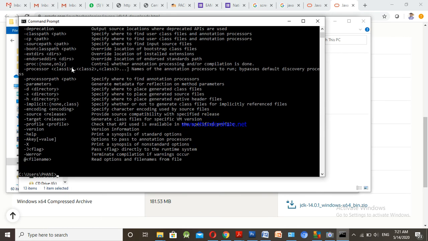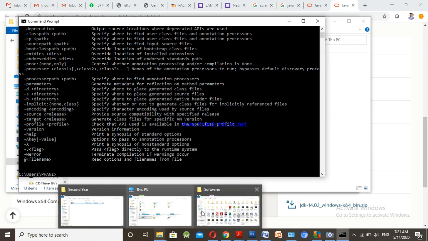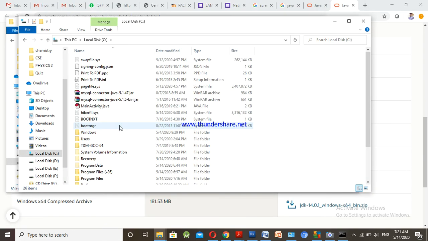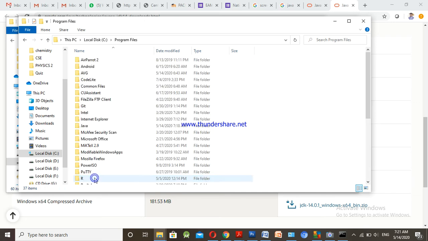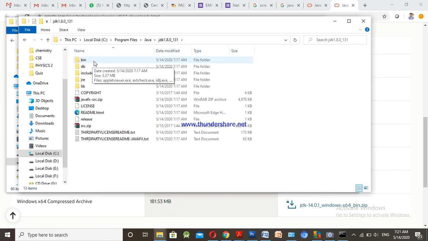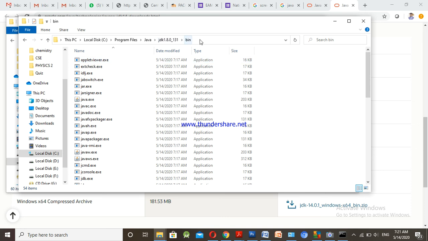It is also running. Then check how to set the Java path. Now let's open the C drive. Here Program Files, and then Java. Here it is the JDK. You just open it. Here it contains a bin folder. Open it also and select the total path, because whatever commands you run, the java command and javac command, both commands are here only.